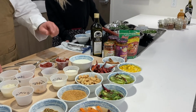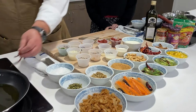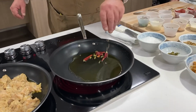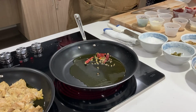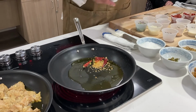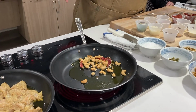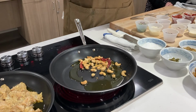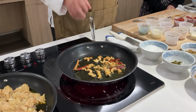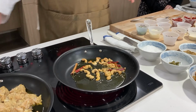So, this is going. I'm going to take a little bit of some chilies, a little bit of cardamom, some of my coriander seeds, and some mustard seed. Okay. I also love to add some cashew into this. That's a great nutty flavor. And a little cinnamon stick. Now that's coming up. Those are some of the bigger herbs, or spices. I'm going to add in our,